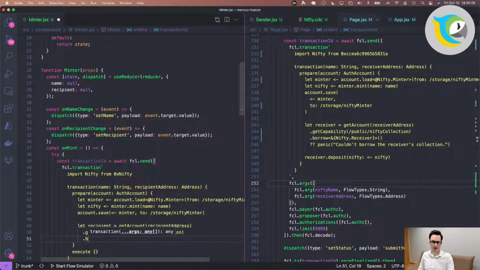All right, and we're going to borrow, and when borrowing a capability, we get a reference. Okay, so we transform what's in storage into a Cadence reference. For that, we need to provide a specific type, and this is going to be any type that implements the Nifty receiver interface.